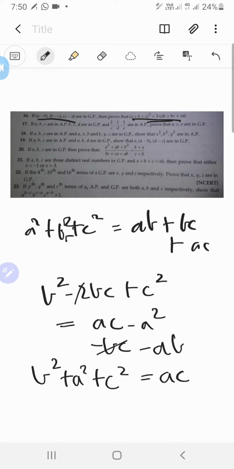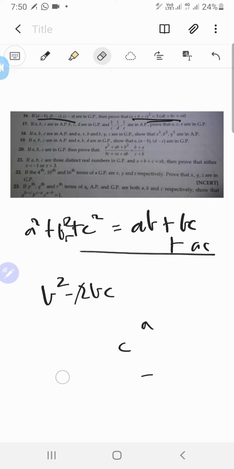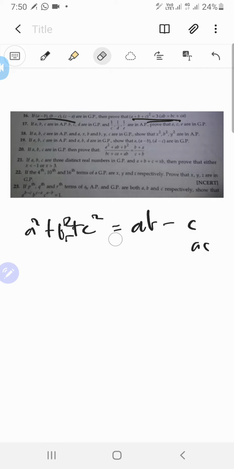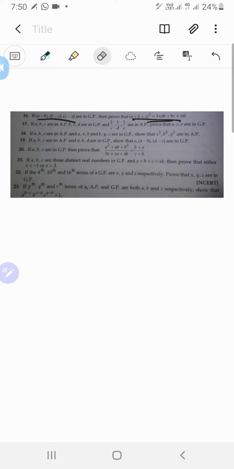You should get the product of both of them. So AC and then minus A square and then minus C. Oh, sorry, minus minus is plus. This is supposed to be plus AB. So this will be AC plus AB plus BC, and that is exactly what we got over here. So yes, that's correct. This question is done. Let's go to the next question. Erase this as well. Yes, so this equation is correct.